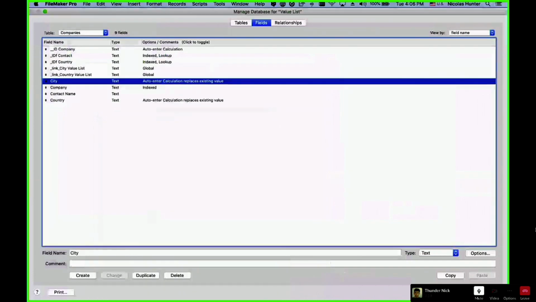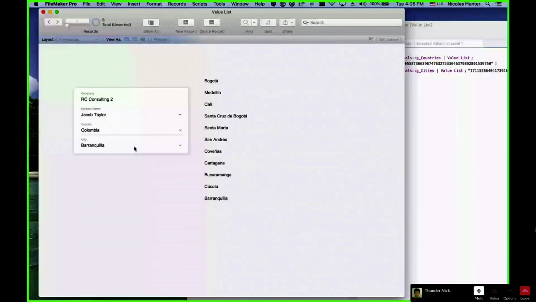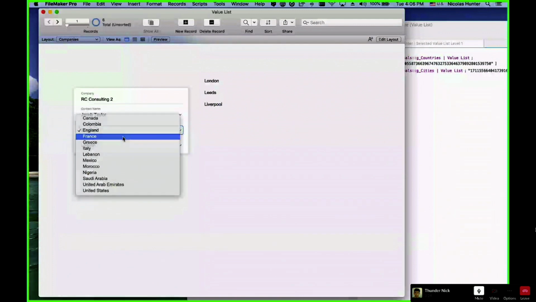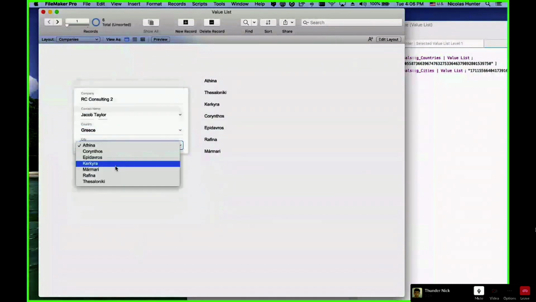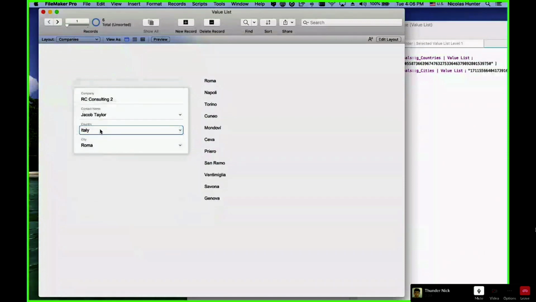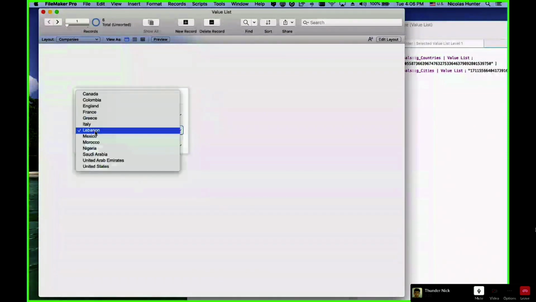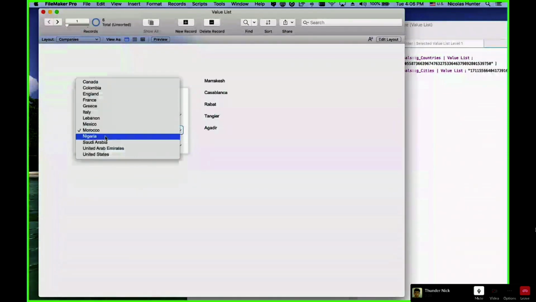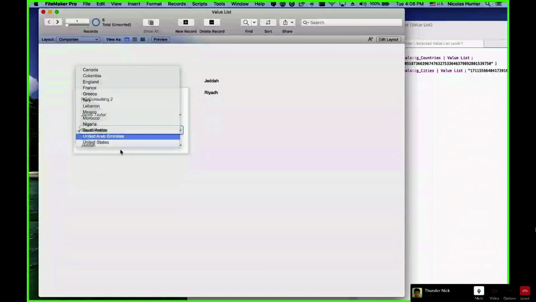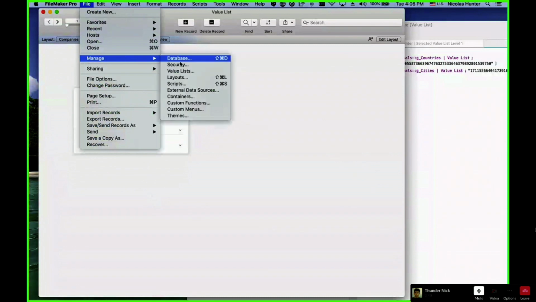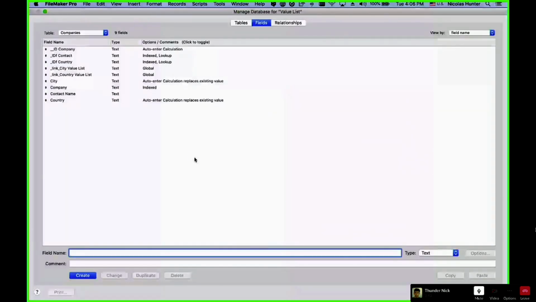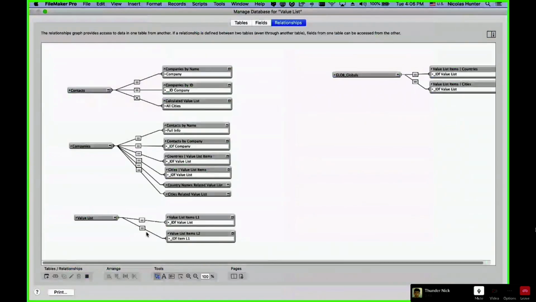So Canada, Montreal, Colombia, England, France. He gives me the first that he finds on this one. Okay, Greece, Italy, Lebanon. Yeah, there's none. Mexico, there's none. Morocco, Nigeria, Saudi. So you get the first that he finds. Of course. I know what you mean. I know what you're going to say. You can use